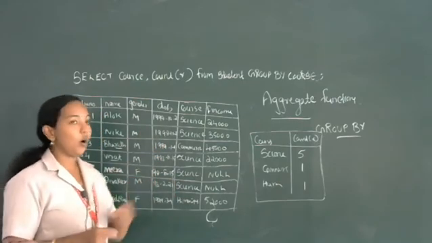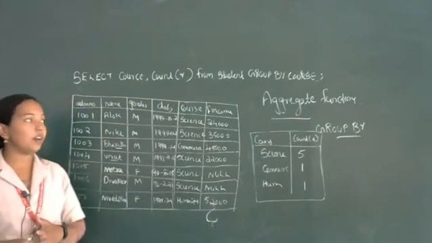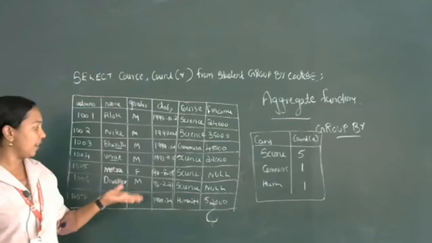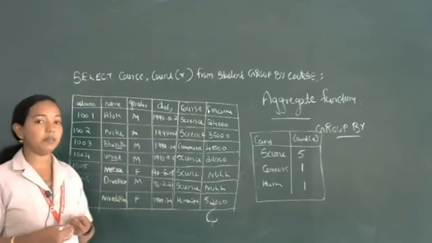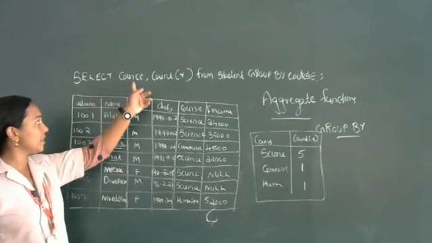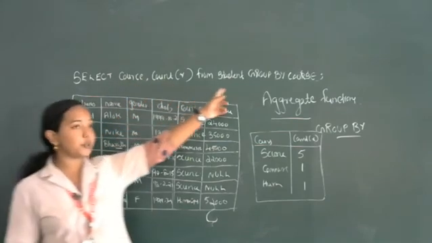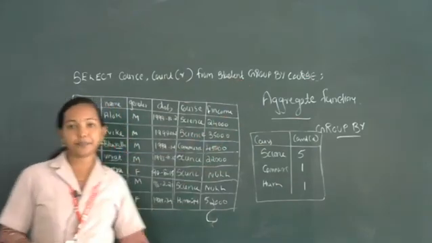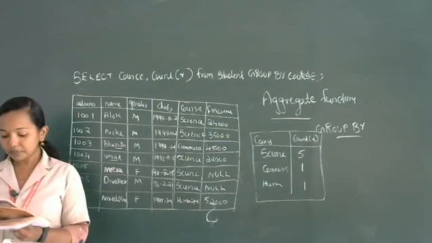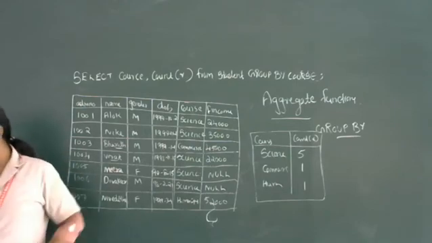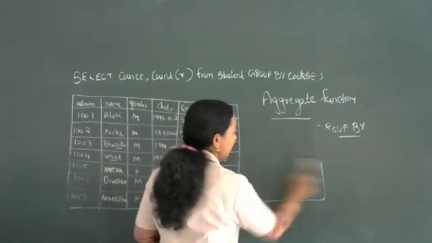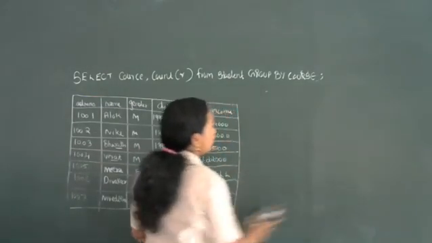Okay, so this is the group by clause. We can also arrange according to F income or according to gender. Gender also, we can calculate how many male students and how many female students. What will be the change? Select gender, count star from student, group by gender. So this is the group by clause. Then one more clause is present, that is the having clause.